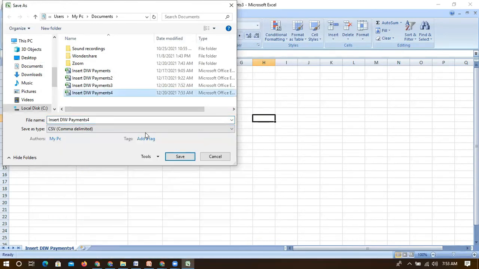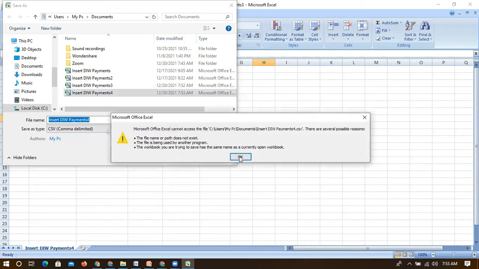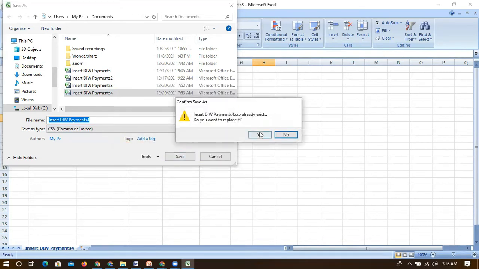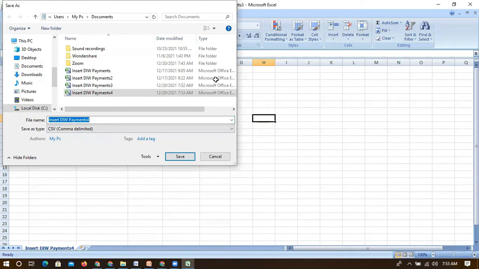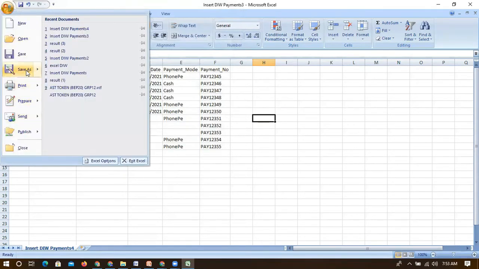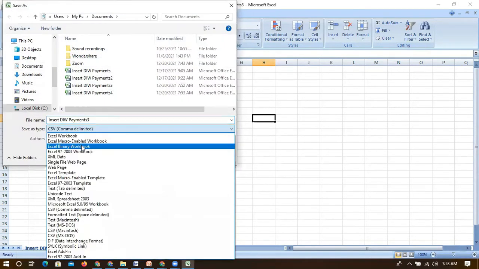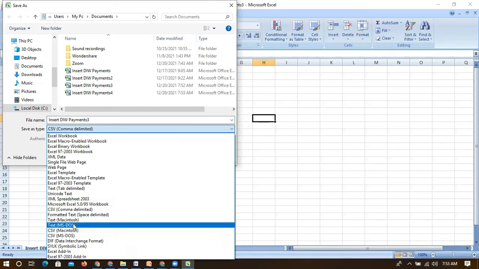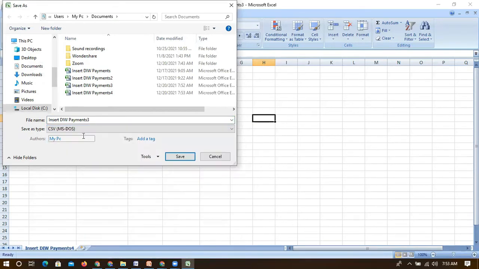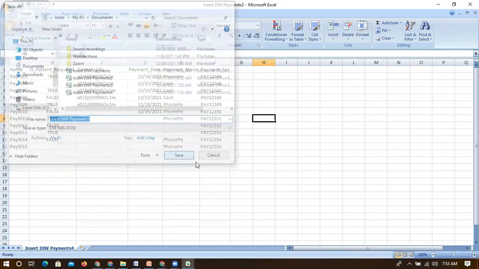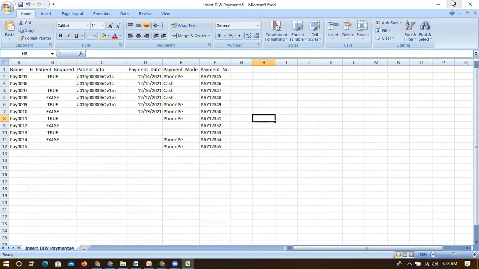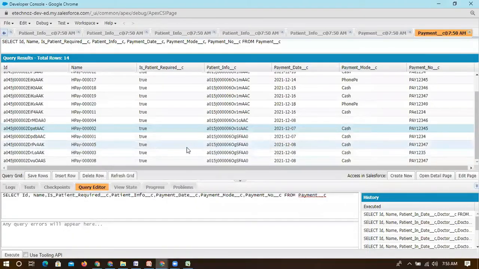Yeah, it's already CSV format, that's fine. I have saved the fifth one, the latest one. So we have to just upload the data.